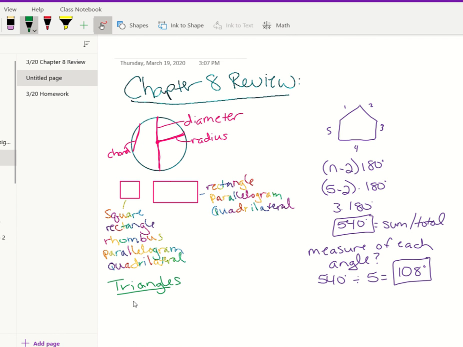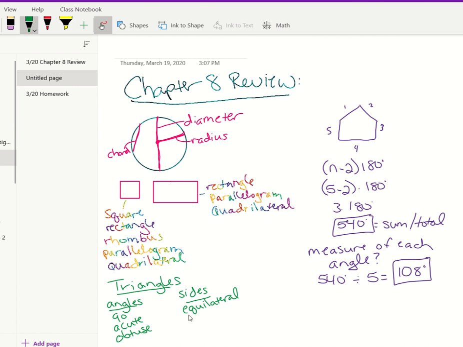We need to measure triangles 2 ways, by their angles and by their sides. And we measure the angles and sides in 3 different ways each. The angles can be a 90-degree angle, an acute angle, which is less than 90, or obtuse, which is greater than 90. The sides, they could be equilateral,